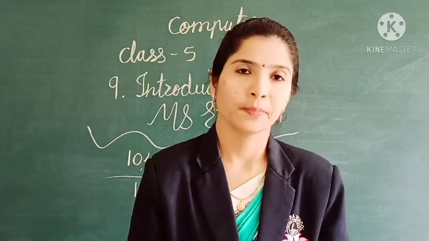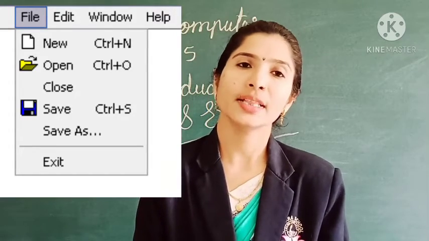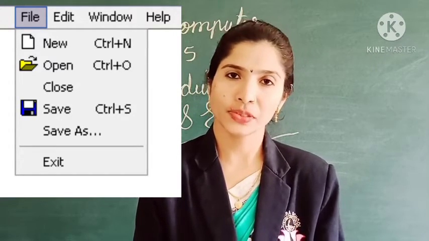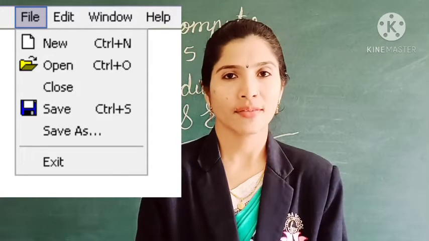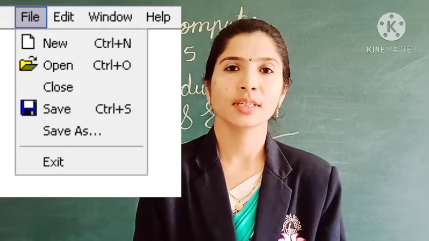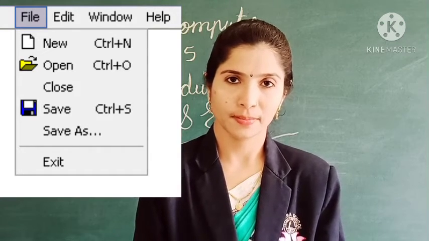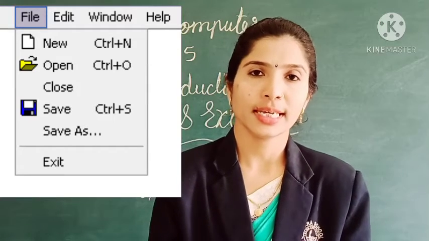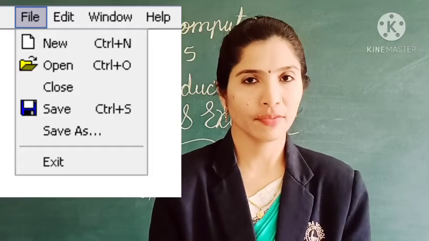Okay. Now we are going to see the file menu button. In the file menu, different options are there like save, save as, open, new, options like that will be there. The file menu button in an MS Excel document performs many functions.